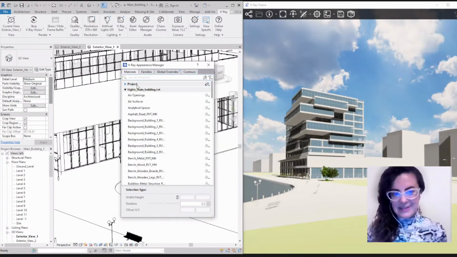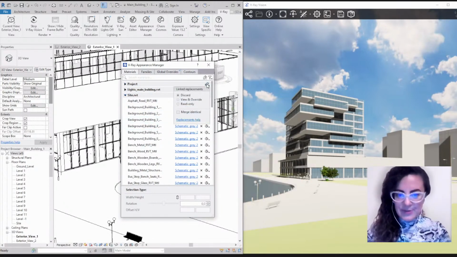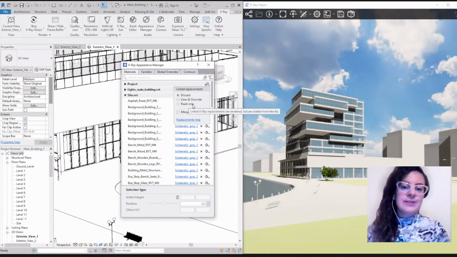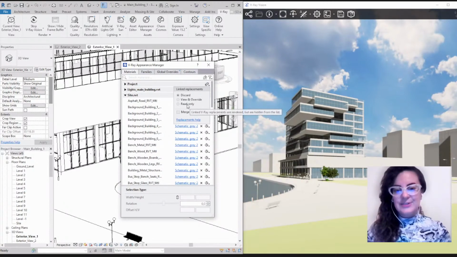So in my example here, here's my linked file, and I have already associated its materials with materials from within my main Revit file. But from here, I can decide whether I want to see its original replacements, to view and override them, or I want to hide them, because if you select the read-only option,